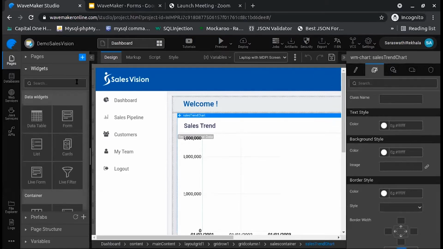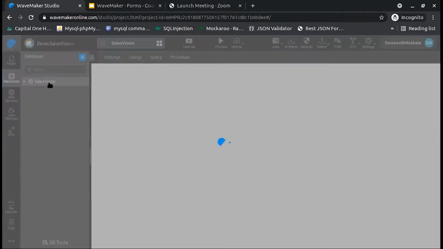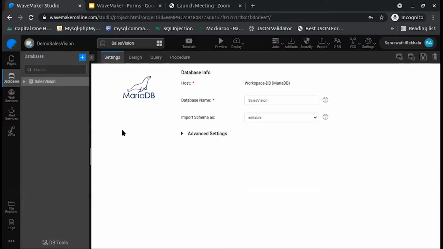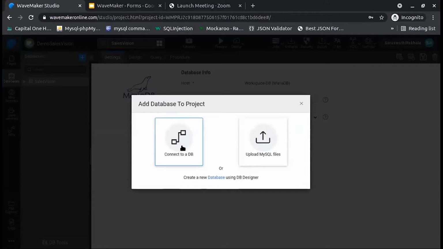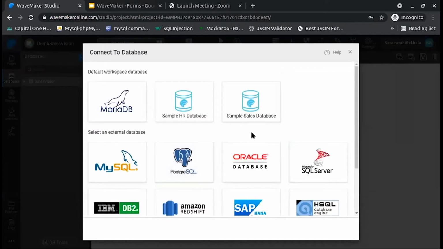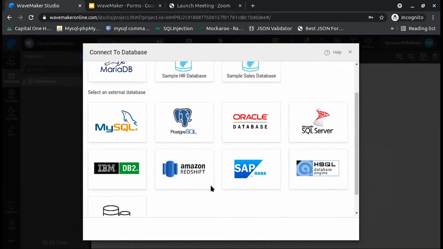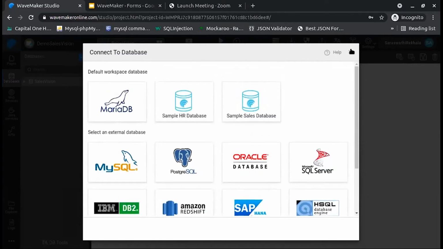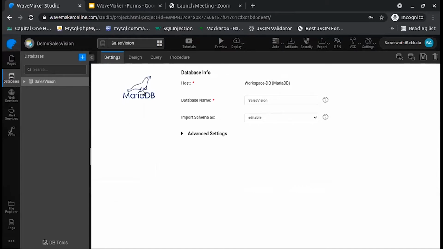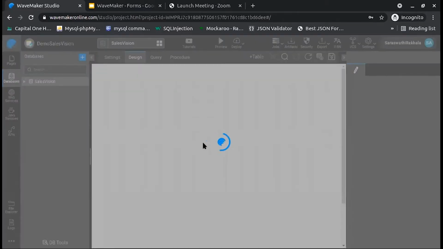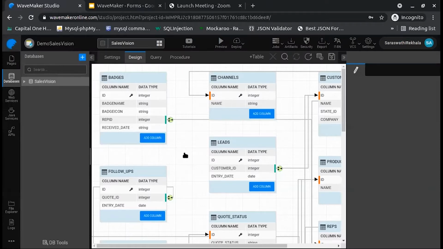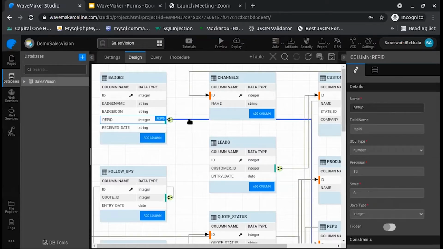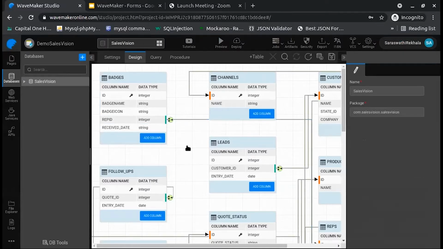This app works out of a database. If you have any external database which is hosted on any server, then you can import your database from here under the database panel, or you can even design your database from here. The platform by default supports all relational databases, and once you import your database, the platform identifies certain metadata and presents you the structure of the database in a neat ER diagram format by identifying tables, columns, foreign key references, and any other constraints if any.